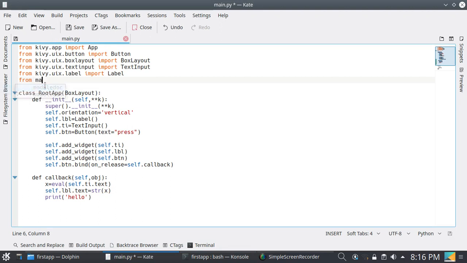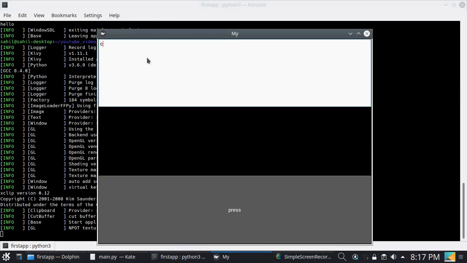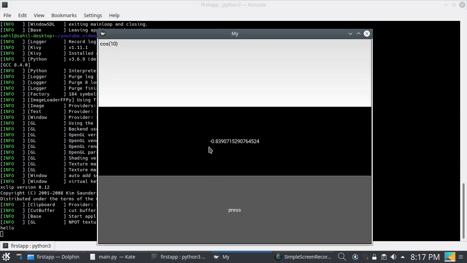From math import star. I am importing all mathematical functions in this script. So you can put cos here, cos 10 in radians. So this is the value of cos 10, with 10 in radians, not in degrees.